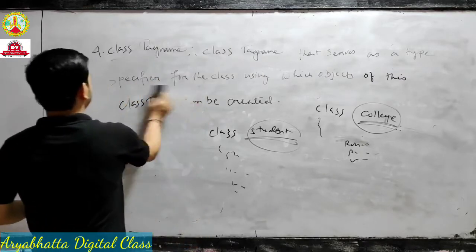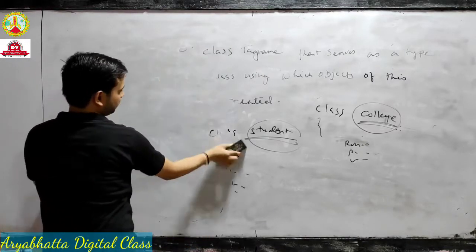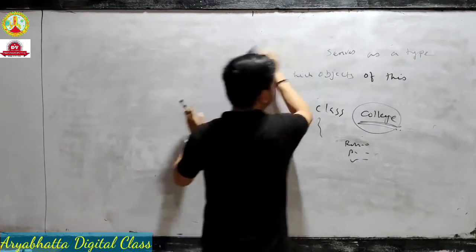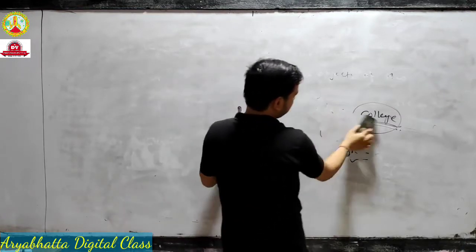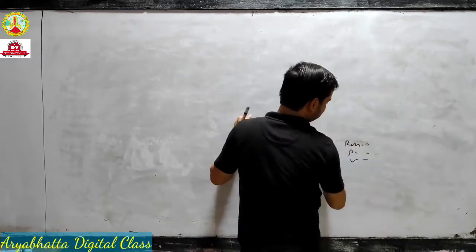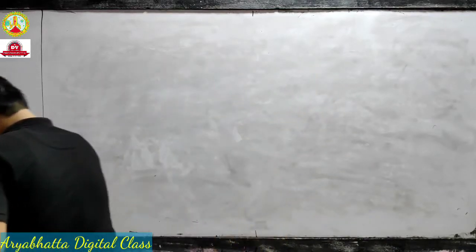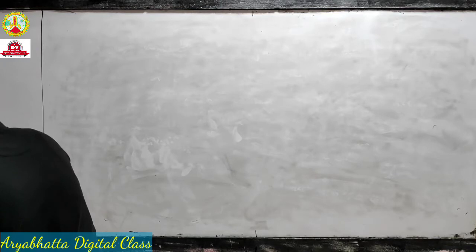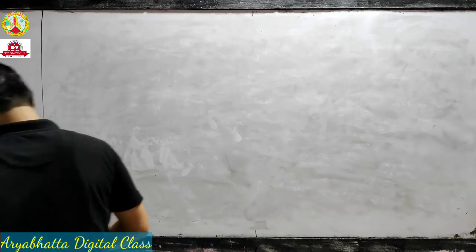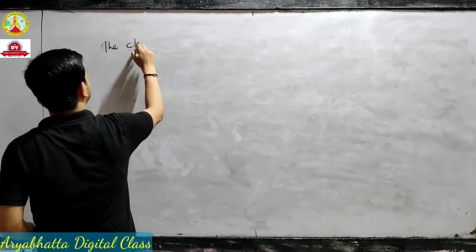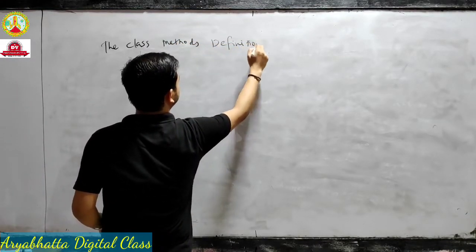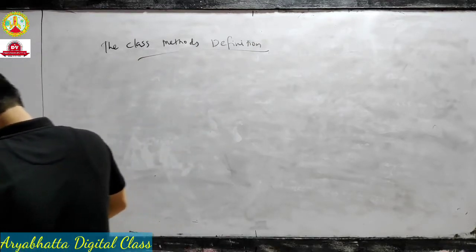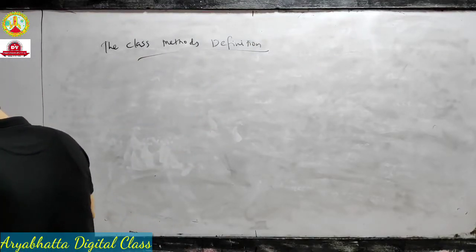And when we do coding, these four are the declaration of classes. These four are very important. When we declare a class, remember these four things: class tag name, program access level, data member, and member function. Okay. Now, the next concept is the class method definition. Okay, what is class method definition?